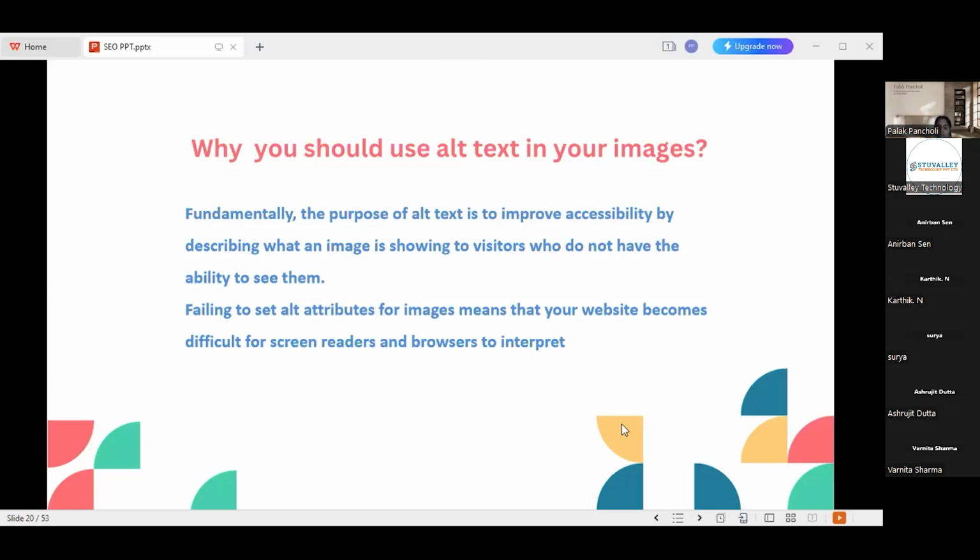You don't have to write like this image is about, skip that part, just write the main content, right? Like if it is a book, then you can write directly a book, okay. Or if the heading you are using or the keyword you are using is related to that book only, you can write the heading or keyword as it is in the alternative text part. Is that clear? Is it clear how to write the alternative text? Any doubt in that? I'm showing how and where we can write this alternative text.